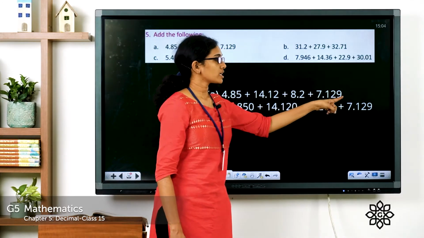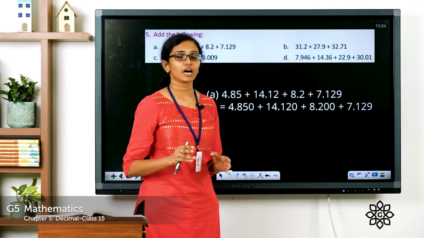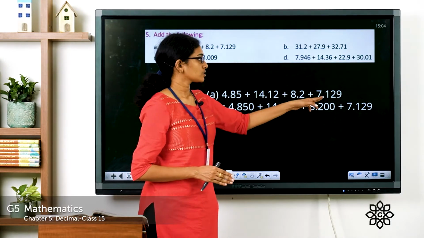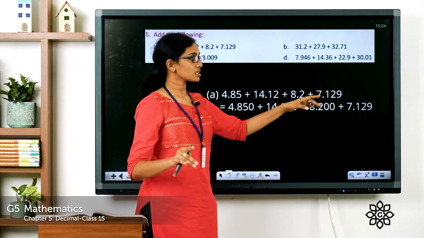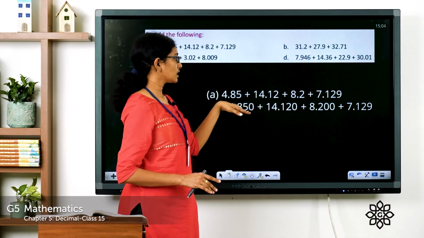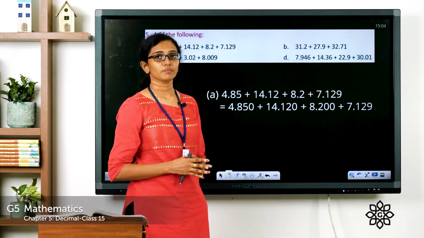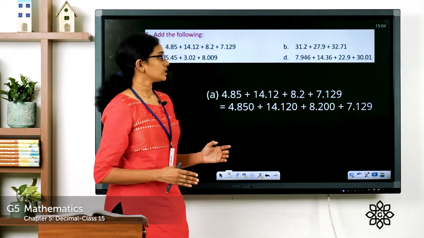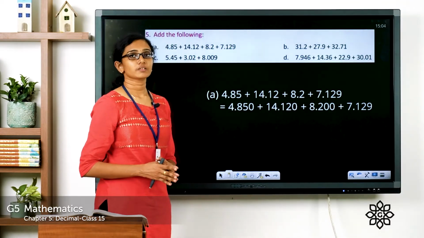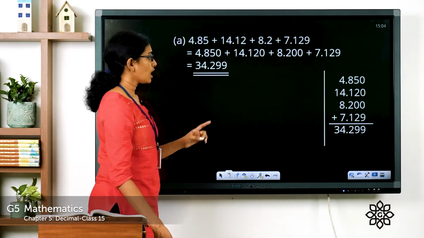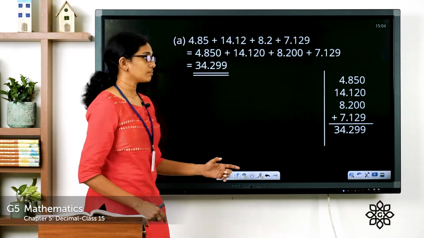This is the number which has got the maximum number of digits after the decimal point. So here you have 3 digits. Hence, we made all the other numbers as having 3 digits after the decimal point by adding zeros. Now that we have made them like decimals, the next step is to write down all these numbers